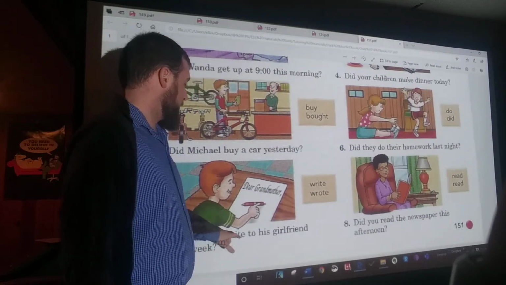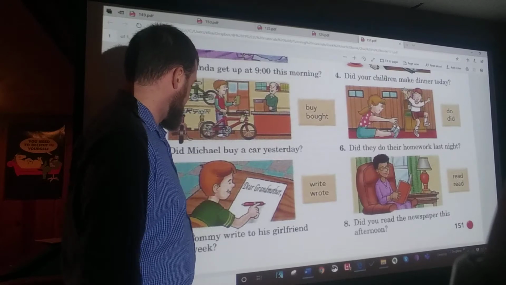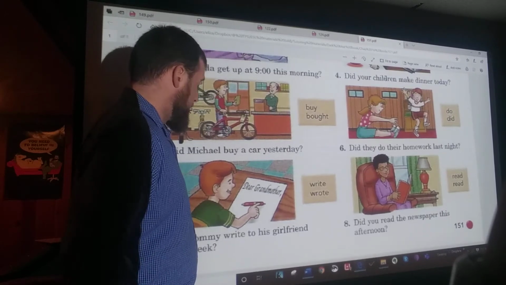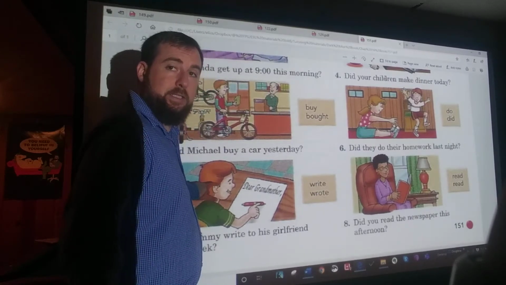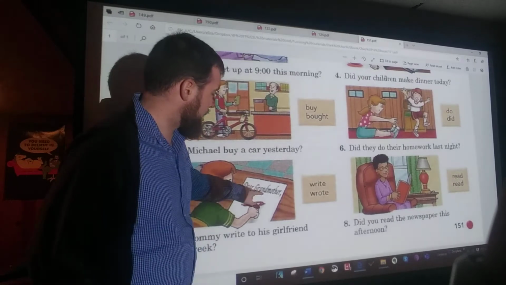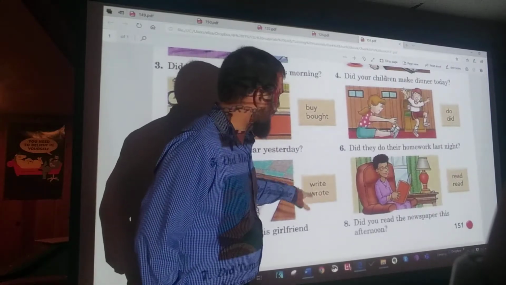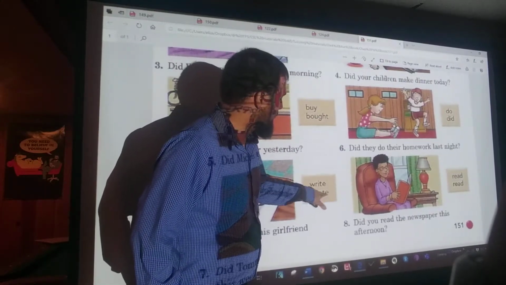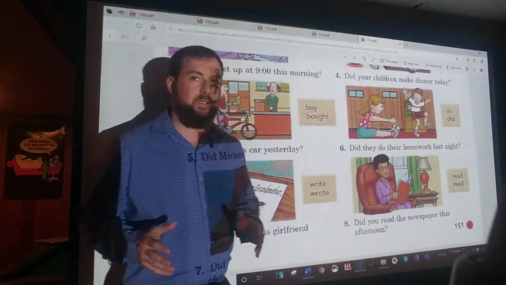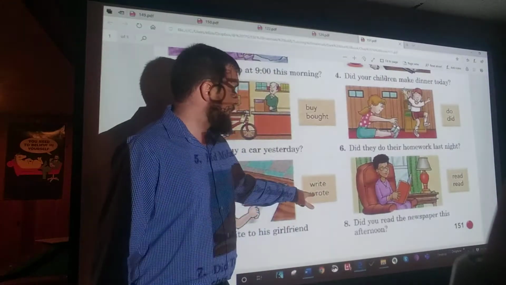Did Tommy write to his girlfriend this week? Tommy's pretty young to have a girlfriend, huh? Anyway, no, he didn't. He wrote to his grandmother. Again, wrote. The word changed. So we're doing several things at once here. We're doing everything that we did in the previous exercise, and then we're also making sure we have the irregular